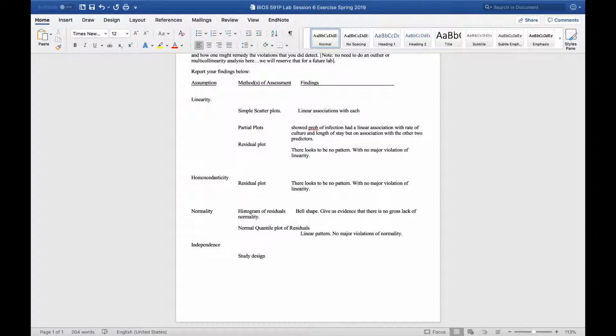So that's what we have to remember. So independence is basically randomly sampling. Our finding